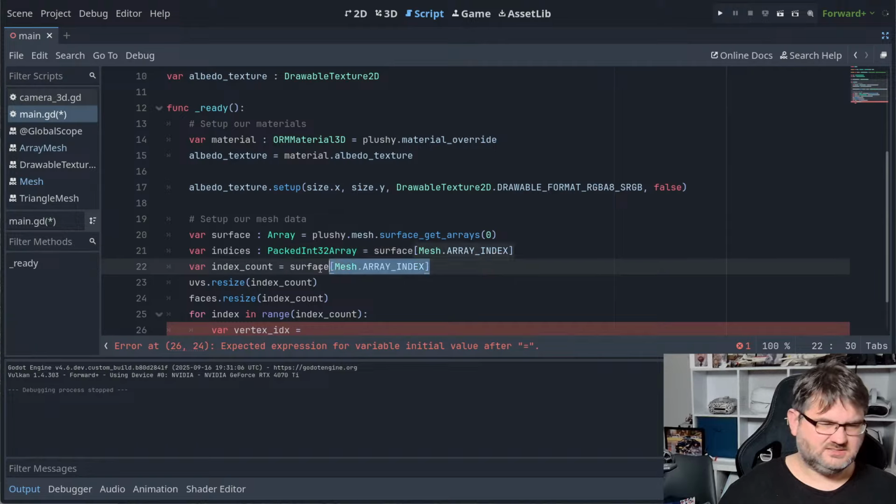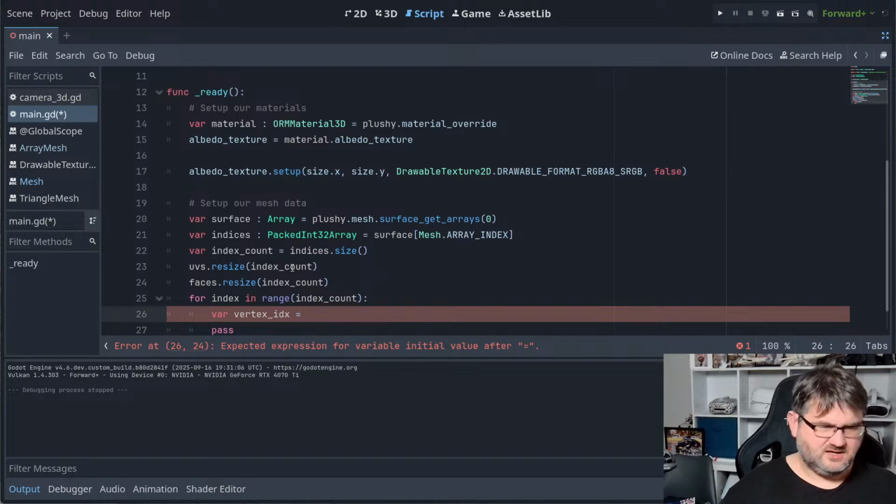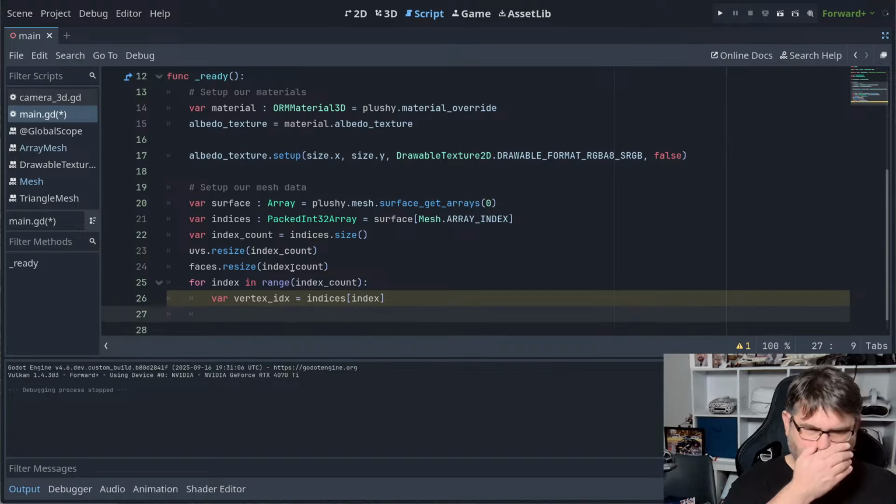And then this needs to be size. Then we resize those to that, and now it starts to make sense what we're doing. So, and with that, we should be able to say UVs vertex. No, this is going to be